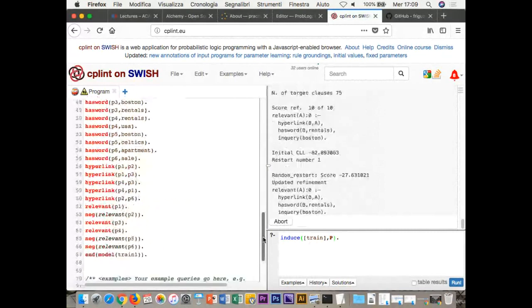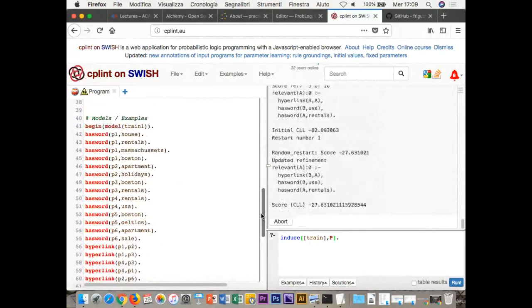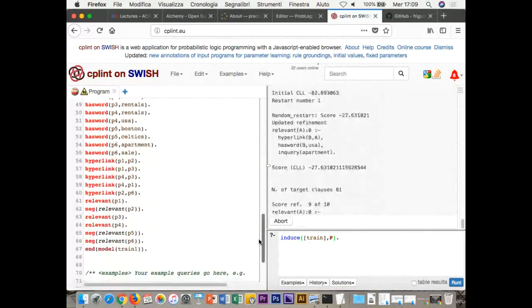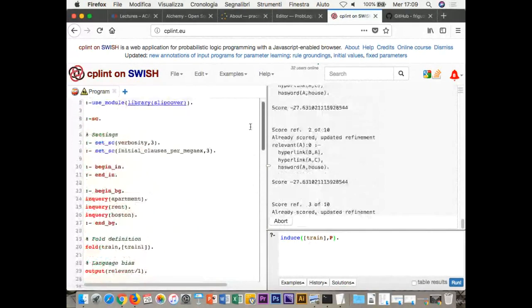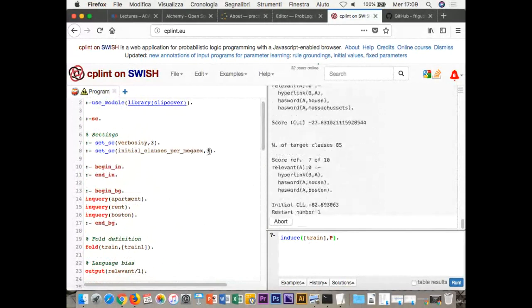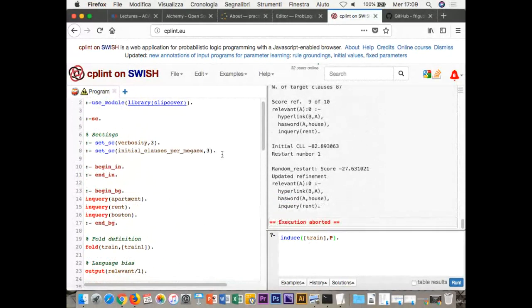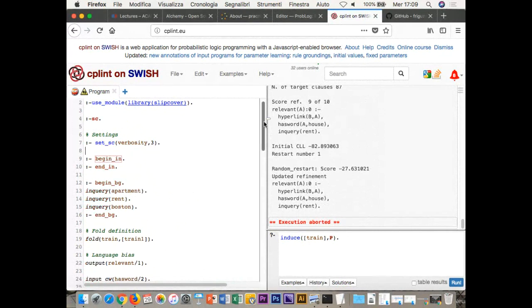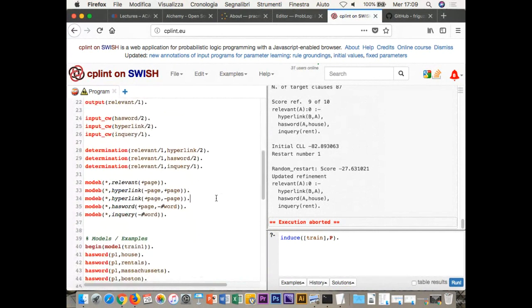I have, yeah, not that many, there are 6 pages, few hyperlinks, but maybe it's the fact that I also use the initial clauses per beam 3. I can make it 1. I remove this, and I can also remove one of the modes maybe. For example, if I remove the hyperlinks,